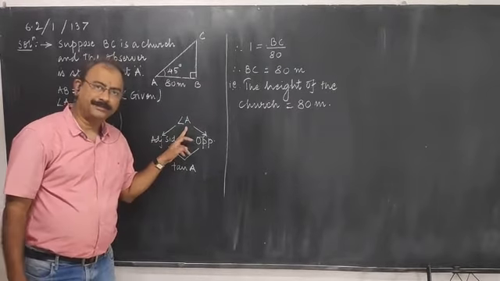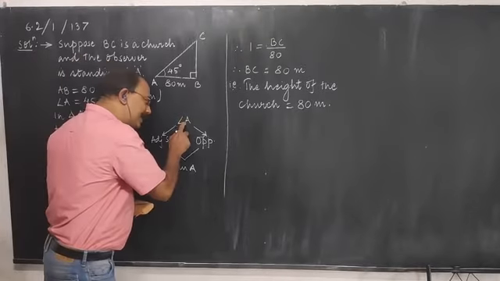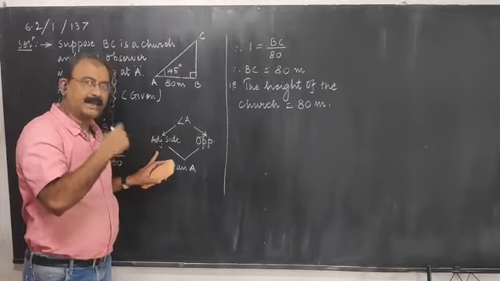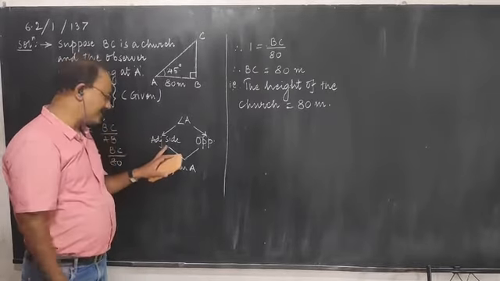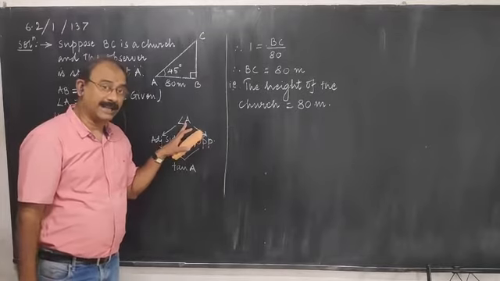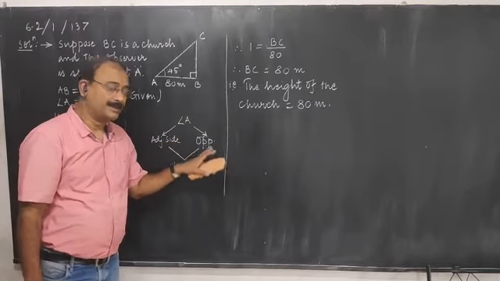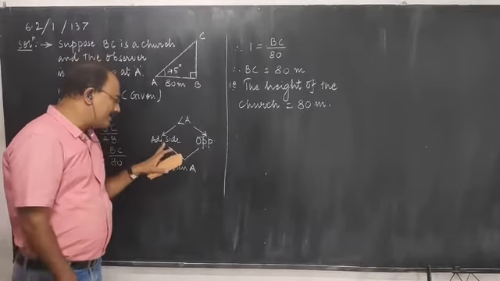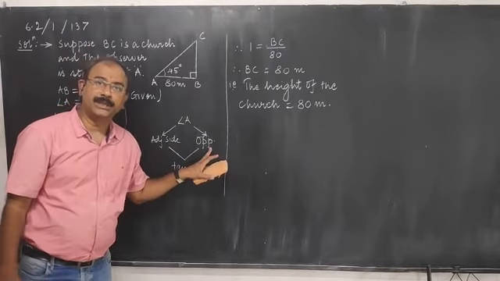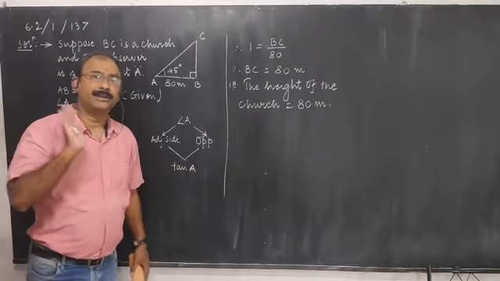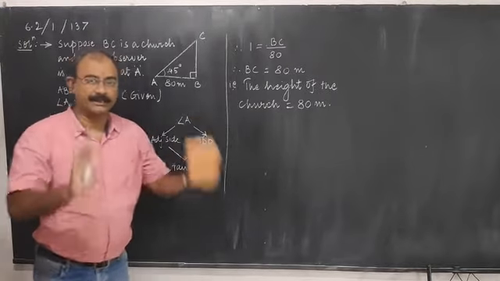Given angle, you write here. With respect to this angle, which is the side given, whether it is the adjacent side, opposite side or hypotenuse. And then which is the side required with respect to this angle. That also you write. So for this angle, this is the opposite side. So I wrote opposite side. And choose the ratio which will link these two. And that ratio will give you the required side. So that is the pattern.